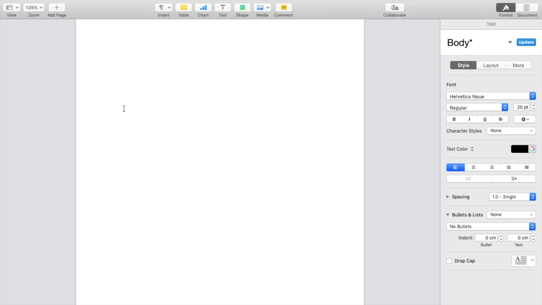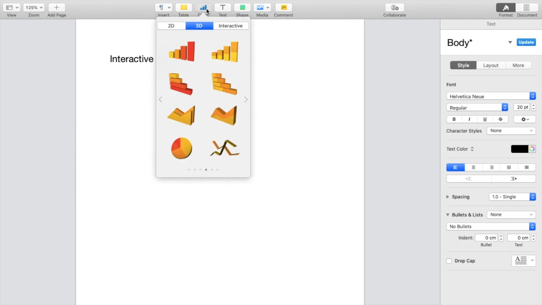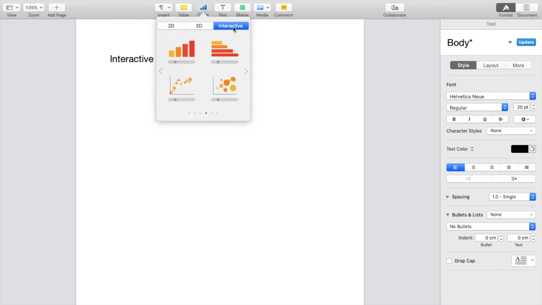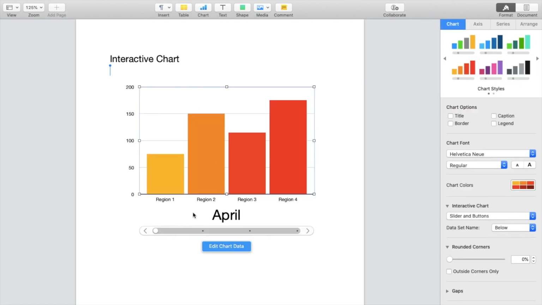Once that is done, just for this example, I'm going to go to the top here and search up and type in interactive chart. So if you want to add sort of a fun chart, maybe not a 2D chart or a 3D chart, but more so an interactive chart, here's how to do that. Go to the top, press on chart right here, and where it says interactive right here, press on that, make sure it's highlighted blue. And as you can tell right here, there actually is a whole bunch of different chart options of your choosing. So if you just want this one right here to make it an interactive chart, what